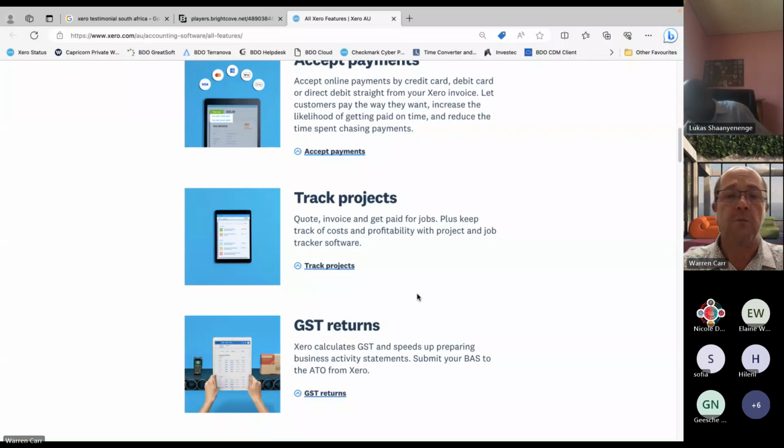Track projects. I think the basic module is built in, but if you want to extend on tracking projects, there's a small added fee. But we can track projects, and I think one of the other very important things is that you can almost departmentalize in Xero. So not only can you track projects, but you can departmentalize your income statement. If you've got branches, for example, like us in Oshakati or Walvis Bay, we can have a trial balance just for Oshakati, a trial balance just for Walvis Bay,